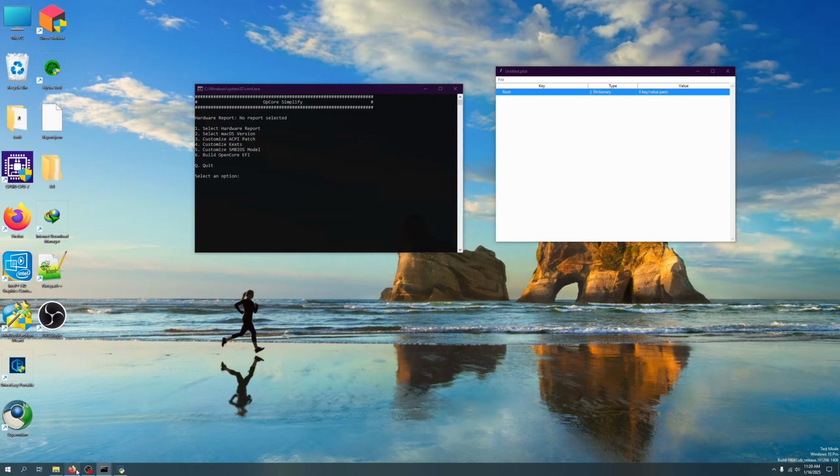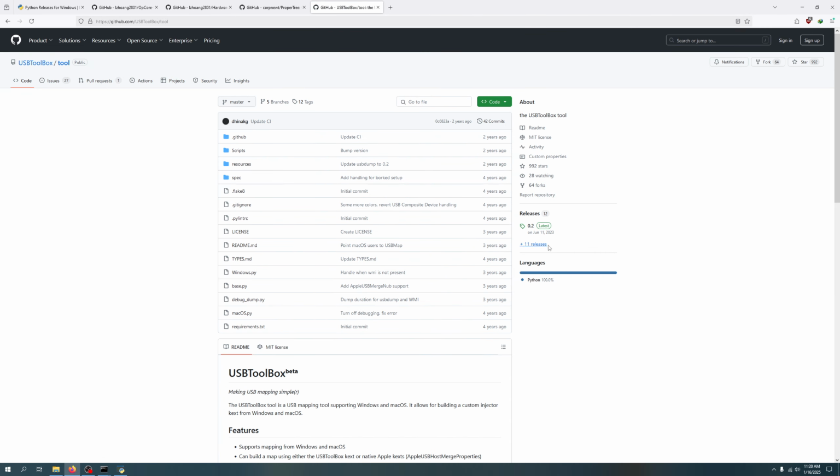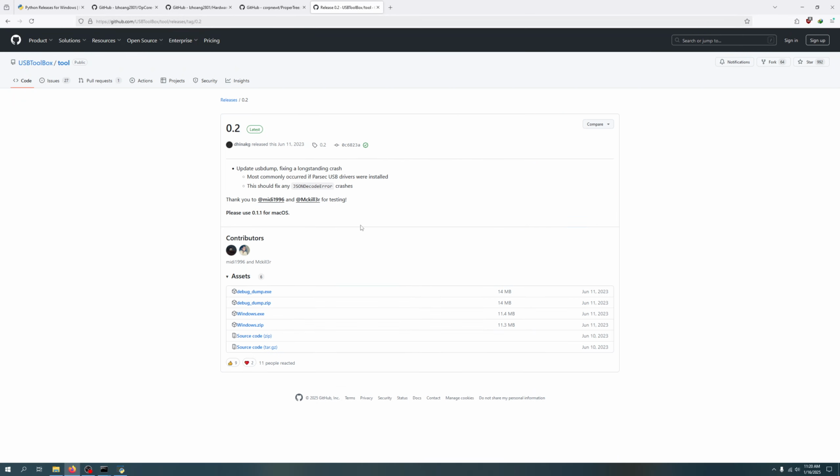And we need to come here and then download USB Toolbox for your USB port mapping. So just download the latest version. You can just download the zip